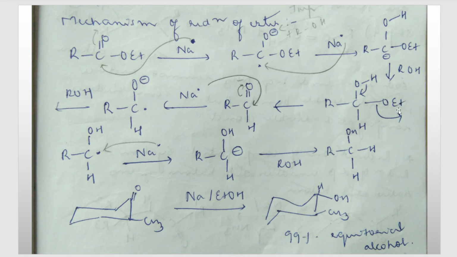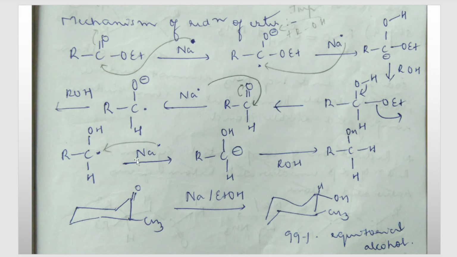So there is an elimination of EtOH, and we get this compound, an aldehyde, R-C double bond O, bond H. Then this aldehyde has to be further reduced to an alcohol. Once again there is a shift here: oxygen gets a minus charge and carbon gets a plus charge, as the pi bond shifts. The third sodium metal in the reaction medium transfers one electron to carbon, so carbon gets an odd electron. Since we are doing this in protic solvent, one H gets transferred onto oxygen because oxygen has a minus charge, so here we get OH.